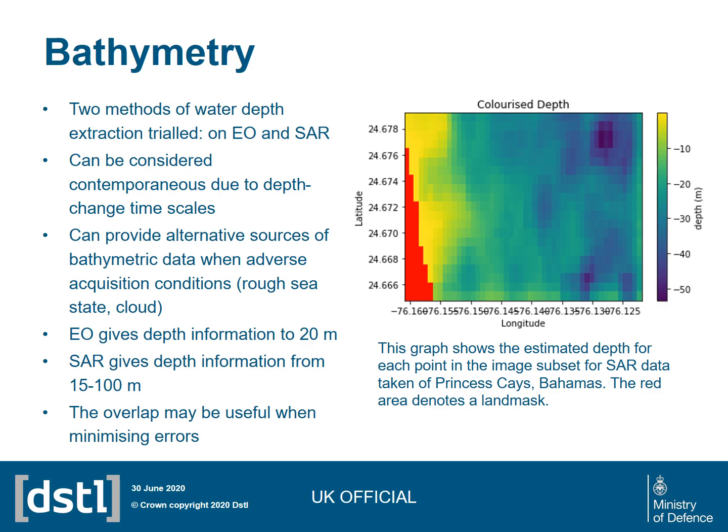It was found that the EO images gave better information but only in shallower depths of less than 20 metres. The SAR can be used from around 50 metres up to 100 metres. The overlap in the coverage means that results can be combined to help reduce errors in retrievals in both datasets. They can also provide alternative sources of bathymetric data, as SAR performs best in cloudy conditions, whereas EO is better